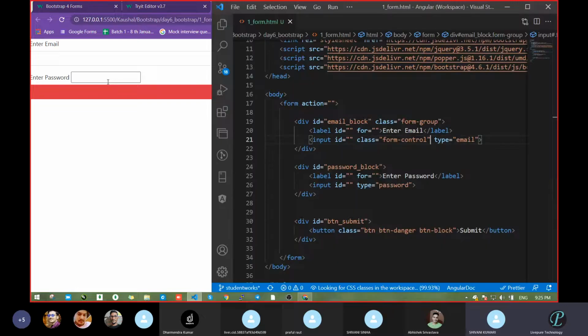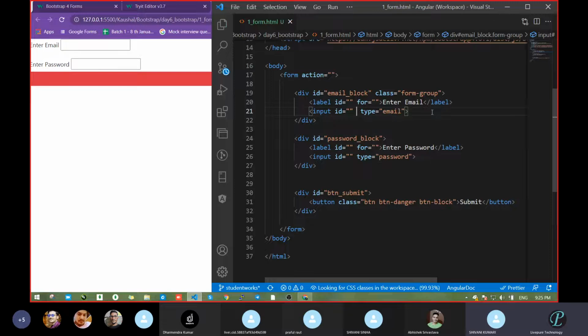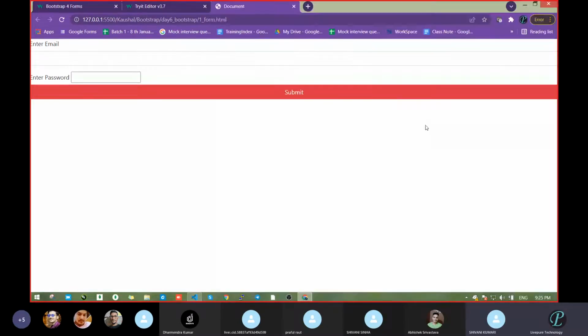But when we passed the classes, what classes had we passed? Just go through the classes. We passed one class that is form group, that is for the grouping purpose. And the second class I passed is form control. Let's remove this, because due to this itself that had happened. Had you seen? When we pass the class form control, it is going to make the element into which type? Block level element. Clear? Fine.